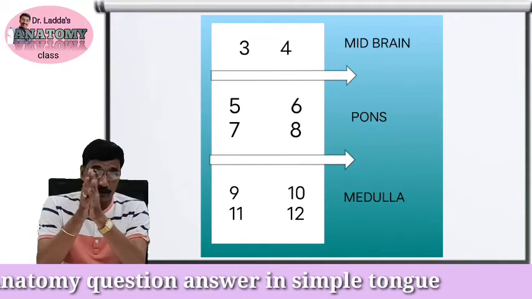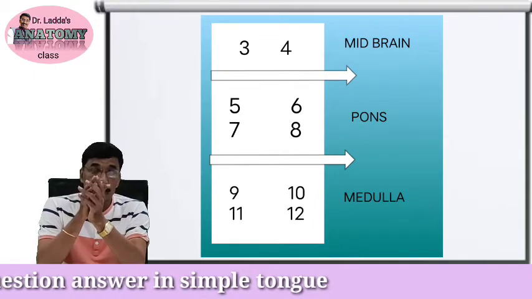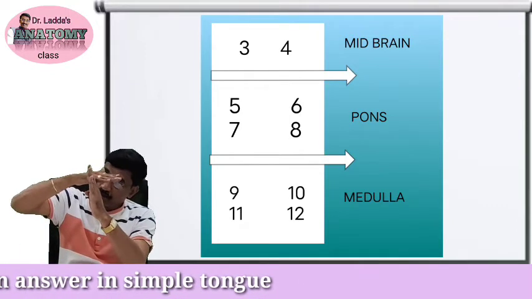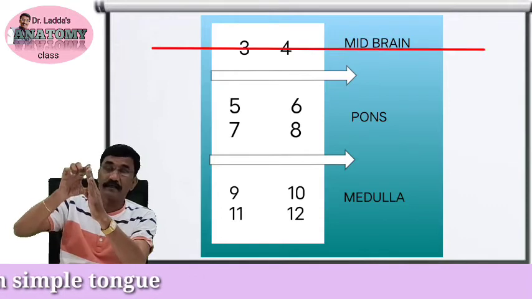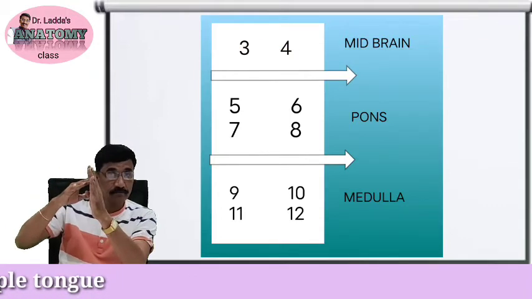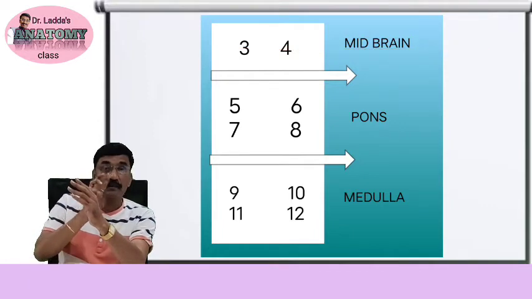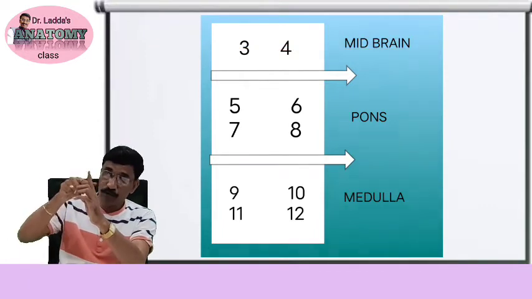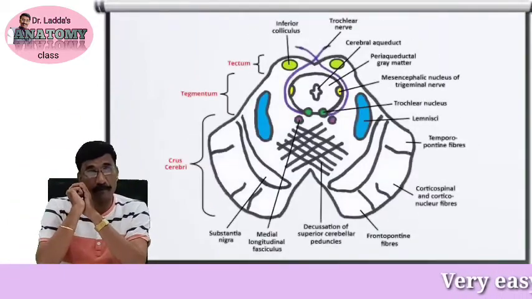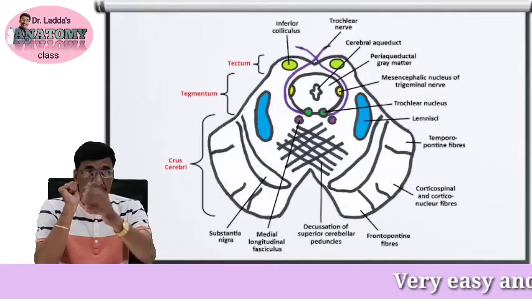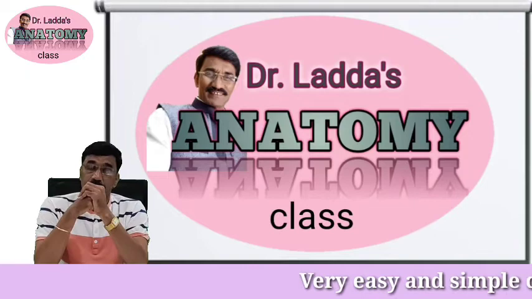These are the two nerves which take origin from the midbrain. Naturally, if I am cutting the midbrain in this way, that is a transection, I am dividing the midbrain into two parts. Now the figures are 3 and 4. Put 3 at the upper part of the midbrain and 4 at the lower part of the midbrain. This will help when you are going to describe the transections.